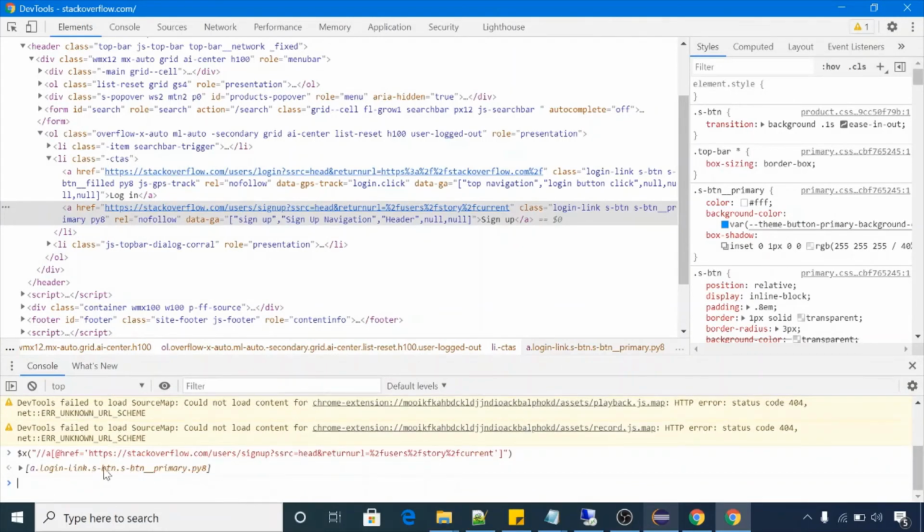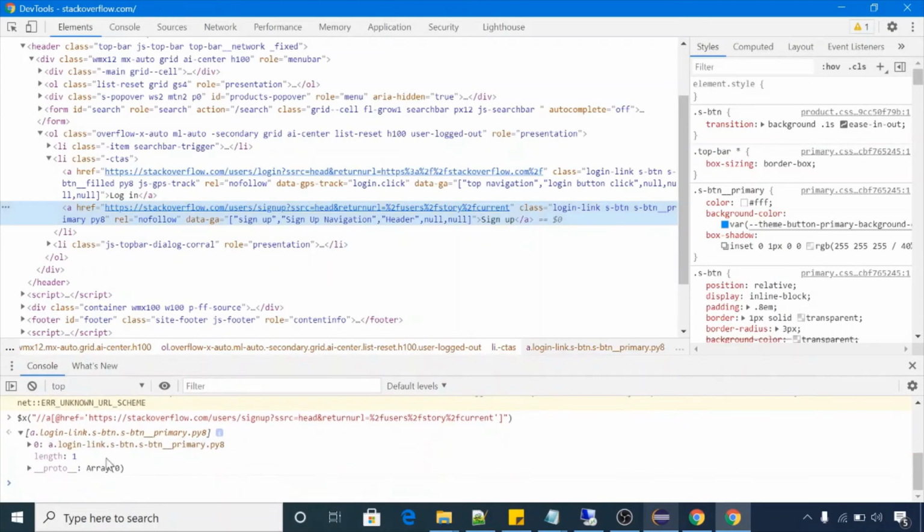It's giving you output. This works like find elements. Like in find elements you will get all the elements, but in the reverse, if you use find element, you will get only one element, that is the first element with the given locator. But in find elements, if you are giving some locator, it will give you all the elements on the page which match this given locator. Right now we are getting a single element here, length is equal to 1. So that means this is a unique and valid XPath locator.